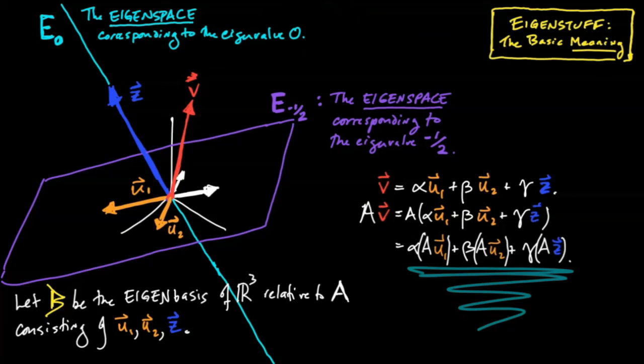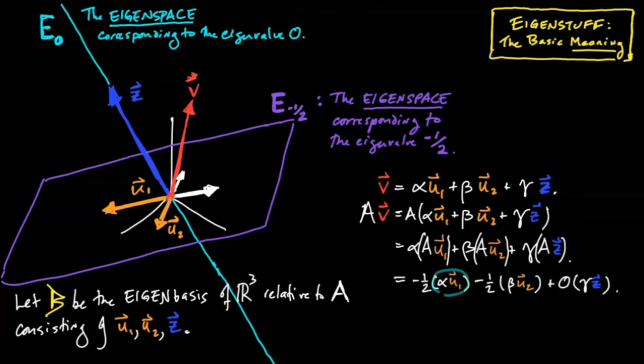And if we wrote this out numerically here, we would get minus 1/2 of alpha u1, the first component of our vector, minus 1/2 of beta u2, the second component of our vector. So those two components got scaled by minus 1/2, but then plus 0 of gamma z, our third component. So although it might initially have looked like the vector was being stretched by minus 0.5, that only happened to the first two components. The third component got stretched by something entirely different, 0 in this case. But even if it had been a different eigenvalue, if it had been 42, it would have been stretched by 42 instead of minus 0.5, meaning that overall the vector is not being stretched, or scaled, I should say more broadly. And that's the idea.